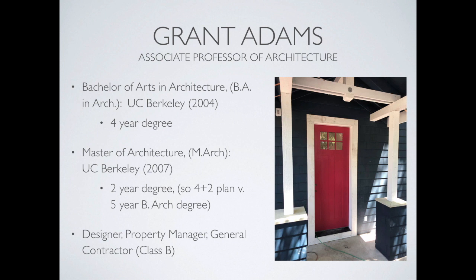The alternative degree program in architecture is a 5-year accredited Bachelor of Architecture degree. That's what Cal Poly offers. So they're just different degrees. You go 5 years there. You go 6 years if you do 4+2. Although a lot of the 5-year people end up going on to Berkeley and doing their 1-year masters, so it's the same amount of time in the end. So for whatever that's worth, that's my schooling.